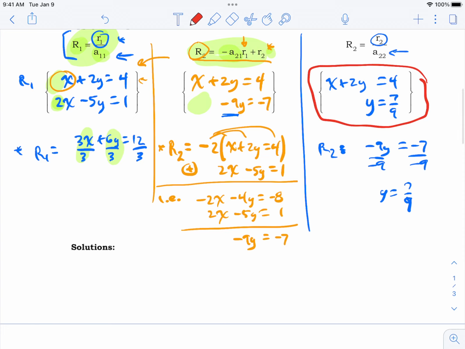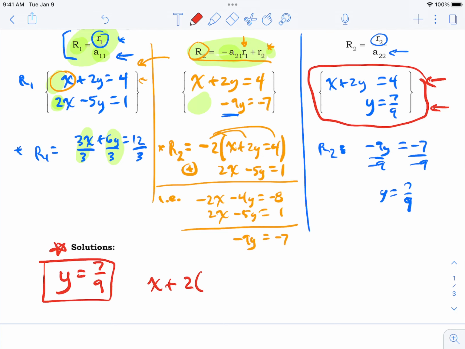Having reached that point, this is almost an anticlimax. We can actually write our solutions. First of all, just look at the bottom row. It has the solution, y equals 7 ninths. That's half your answer. And it's not bad here to get your answer out of this equation. You just plug the y into it. So x plus 2y, except y is equal to 7 ninths, so we can plug that in,